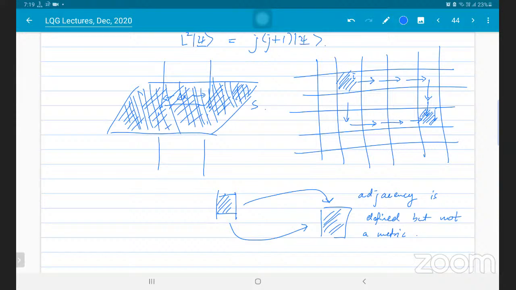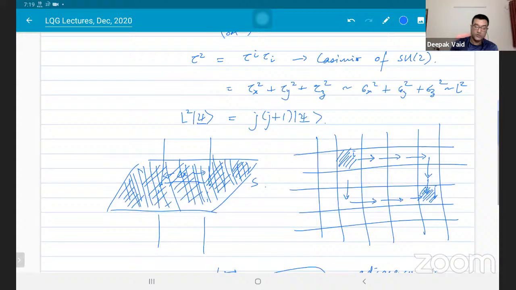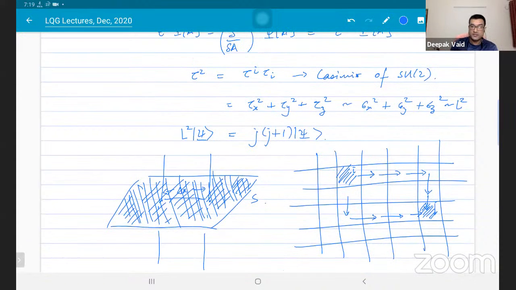With the explanation, do you mean this method is UV complete? Right. Here the UV structure is given by the quanta of geometry itself, you don't have anything beyond that. I see. So you are saying this is the UV theory, whatever these quanta of area are, you can't go any smaller than this. And there are also corresponding quanta of volumes, and you can't go any smaller than those quanta of volumes.